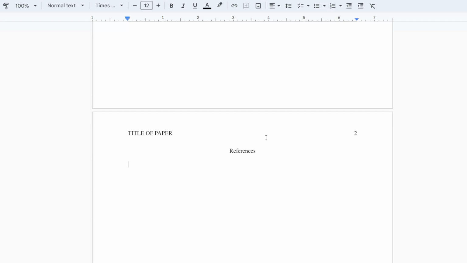But these follow just the same general outline whenever it comes to a website. We're going to go with author's last name, if it's available, and then we're going to do first initial. I can't stress that enough. It is their first initial, not their entire first name. For me, it would be Grafe, K if you were referencing the notes in class or something, which you are able to do. So just always last name, first initial, and then in parentheses, we're going to put the year